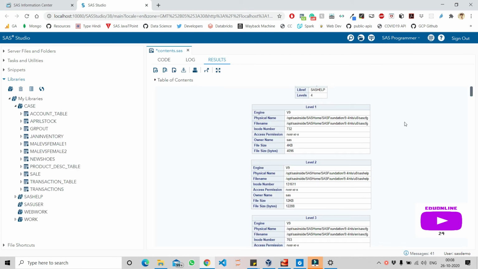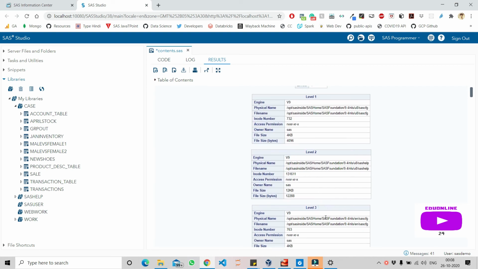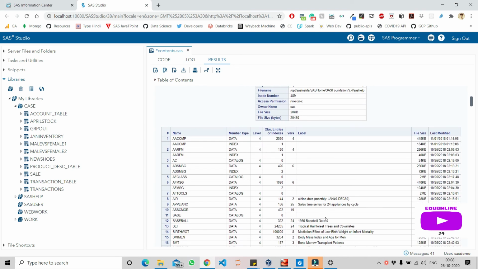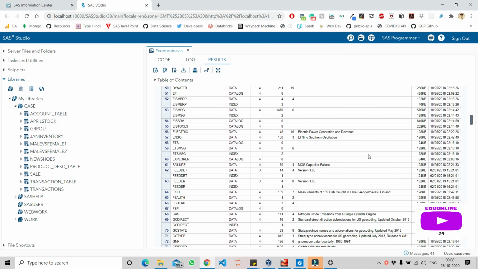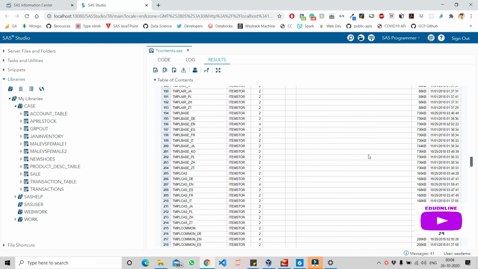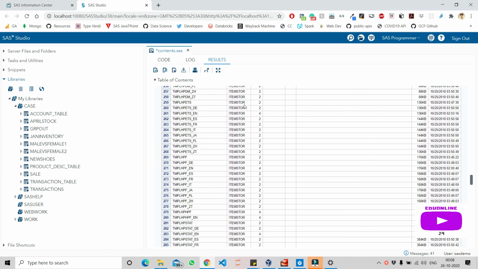If you see, these are the additional details you have not seen before: labels, and then some additional details here, for example label, observation entries or indexes, file sizes, etc. So this is how it prints all these details.